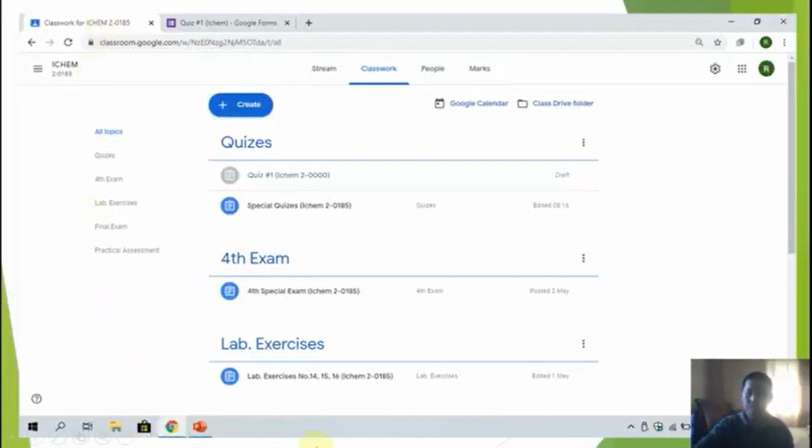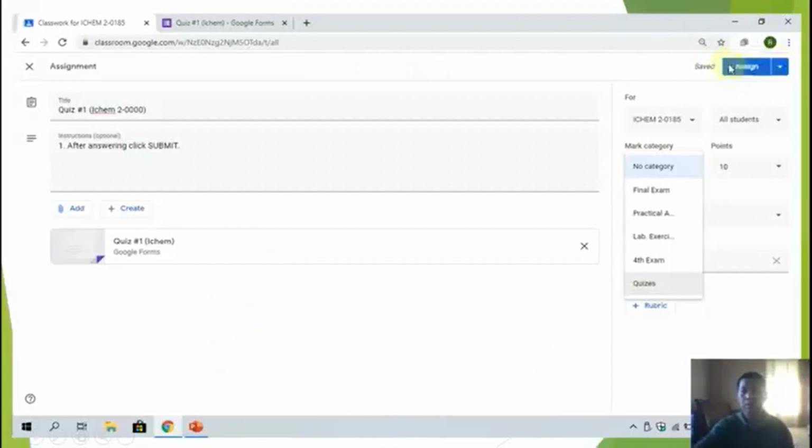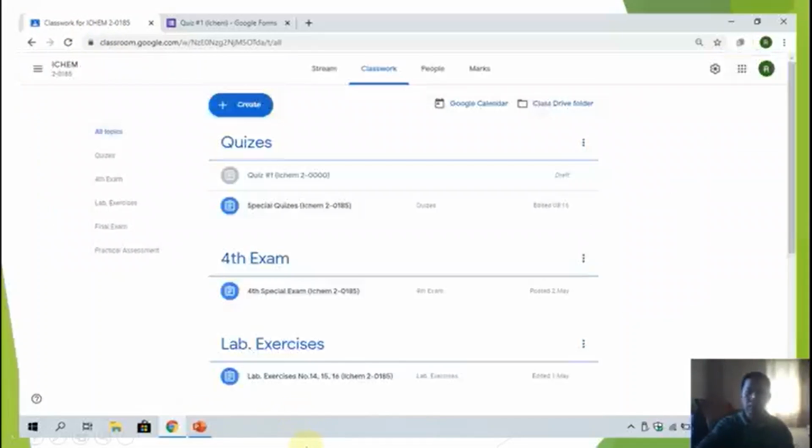So click this one, and then you can come back to your previous window, which is this one. So now it is premature, you are not yet done, so do not click this assign. So you just click here or close, and then this will send you to this window. Now you can see here save draft, because you are not yet assigning.